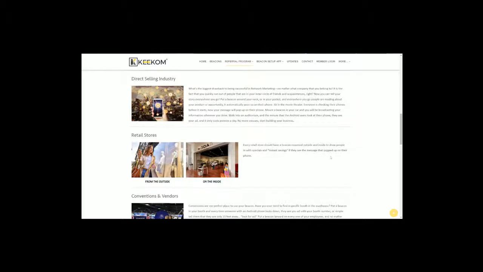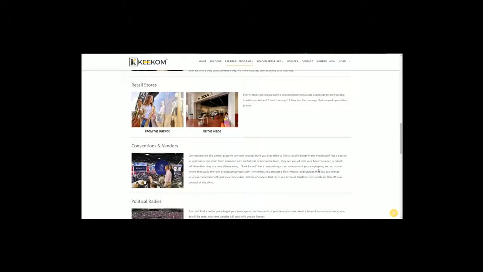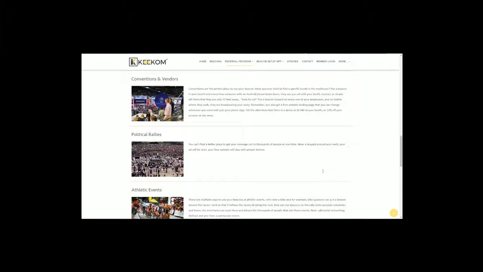Retail stores, yeah, that's self-evident. You put a beacon in the window or on the outside of that thing. Conventions and vendors, we haven't touched this, but OMG. Zach and I went to, what's it, Consumer Electronics Show last year. Was there one beacon, two beacons? I don't know. We went there just for a variety of reasons, to meet some potential people and stuff. And we noticed while we were there that there were a couple booths that were displaying that, and that was it. Nobody else really was utilizing beacons. So that's a huge